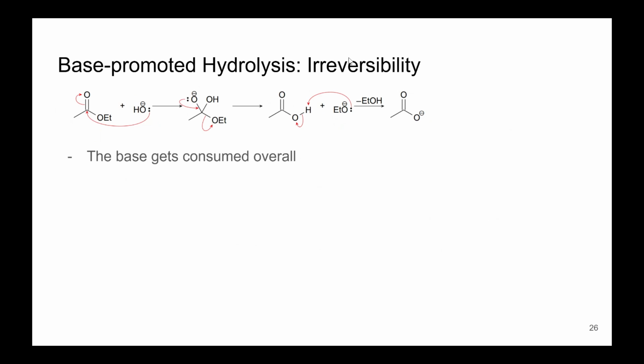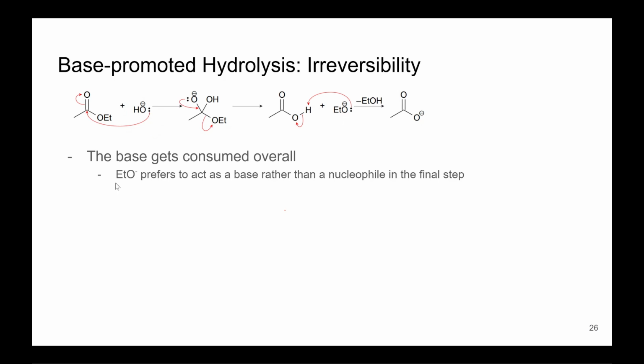So you see, here we start with OH minus, but we do not end with OH minus getting kicked out anywhere. So yeah, this entire process consumes the base. Then secondly, to explain why the base gets consumed overall, it's because EtO minus prefers to act as a base rather than a nucleophile. What does that mean? That means rather than this EtO minus attacking this electrophilic carbon in the carboxylic acid, and finally after another